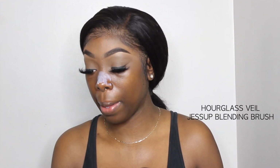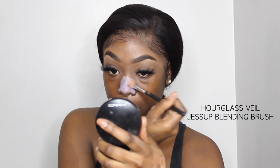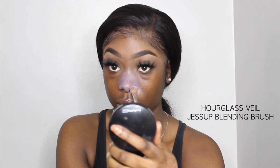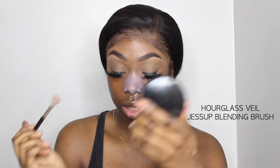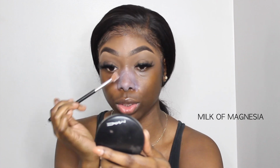I'm going to start with my nose. My nose gets super oily, so I like to put a little bit of the Hourglass Veil Primer. I just like to use this brush. So this is the JESSUP blending brush. And I'm just going to apply this all over my nose. And then I'm going to apply some of the Milk of Magnesia. I feel like this combination works for me the best because my nose gets super oily,